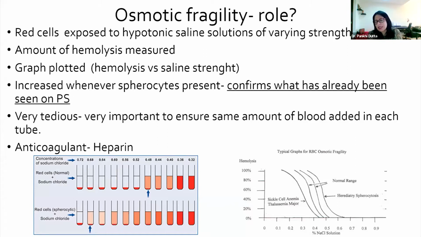Sometimes if you're suspecting, not sure of spherocytes, an incubated osmotic fragility, where the blood is kept overnight, can be helpful. But this is a tedious test. And one very important step is to ensure that in each tube, the same amount of blood is added. If we add a little extra blood in one tube, then you'll falsely say that there's more hemolysis in that tube. That's the most important step. And one should avoid the EDTA and other salts because we don't want to add to the salt load in this